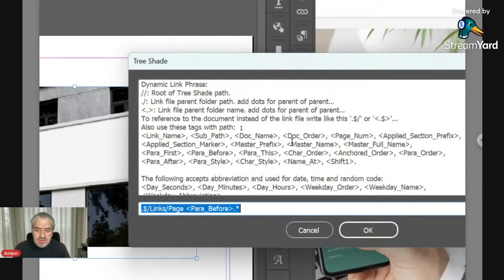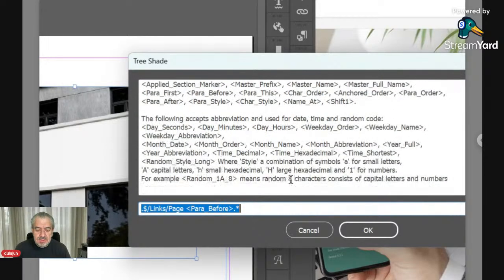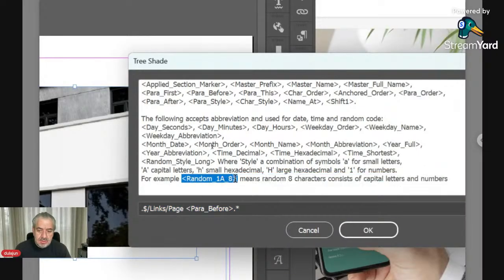You can use all these variables: document order, document name, Mr. full name, Mr. prefix, applied section marker, applied section prefix. You have the flexible and unlimited variables. Here you have time and date. You have random, and